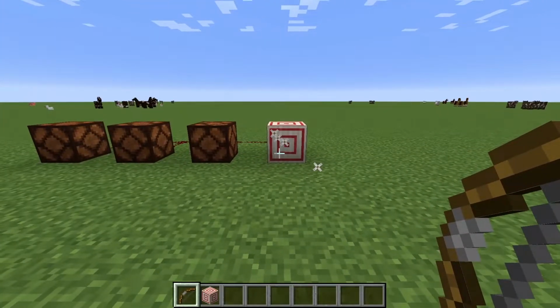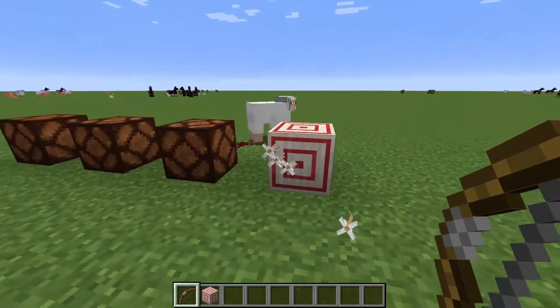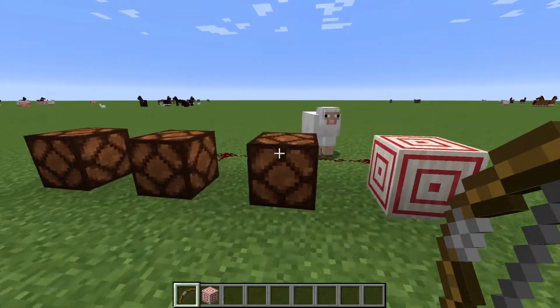So this can be used for quite a bit of redstone contraptions. Hello, Mr. Sheep. It could be used for like a secret door that you can only get in through if you've got near perfect aim, stuff like that. So this target block definitely adds some